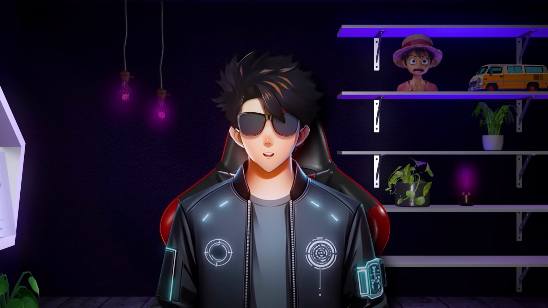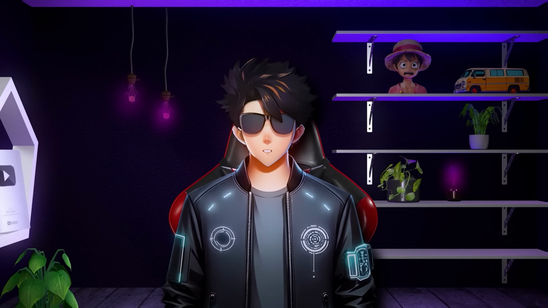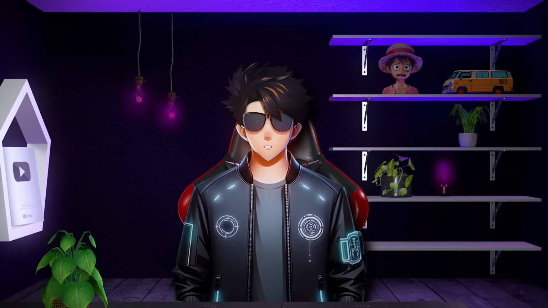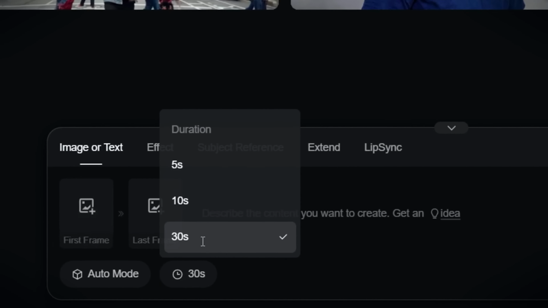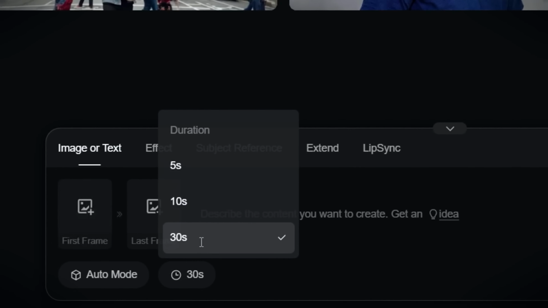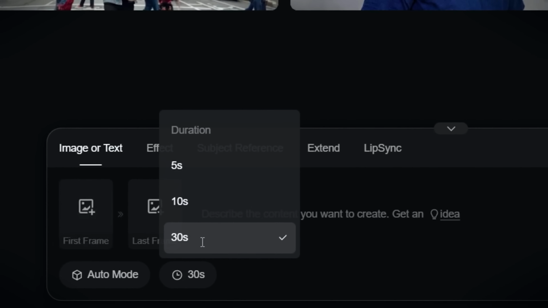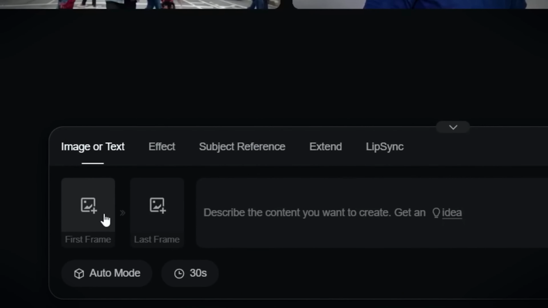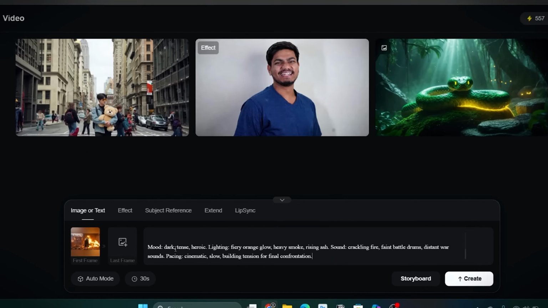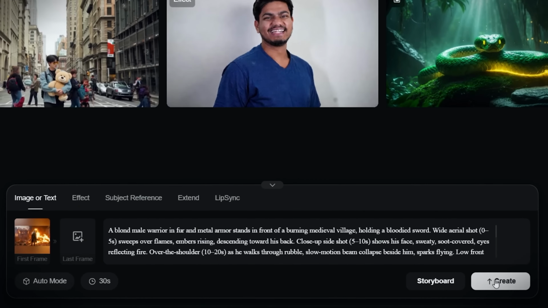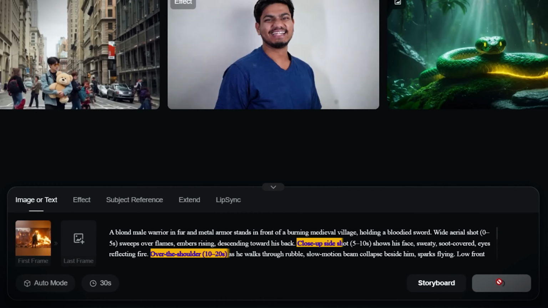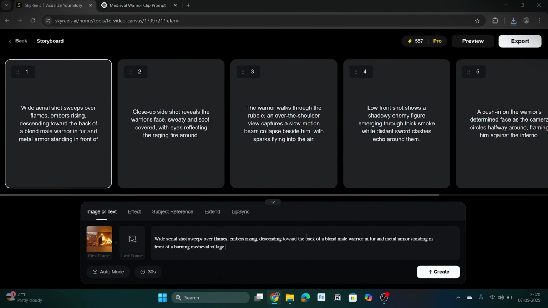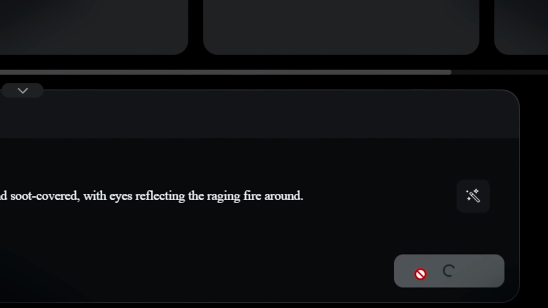Currently, SkyReels is the only AI that can generate and give you clips up to 30 seconds long. If you choose 30 seconds in the timing section here, after which you upload your first frame here, and then after giving some instructions, you can generate a clip of up to 30 seconds. If each frame has been changed in your instructions also, like I've just done here, you can even storyboard what each of your scenes will look like. After which, if you want, you can get all of them generated together, and you will have some final result like this.